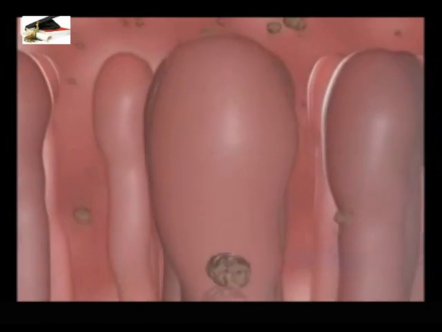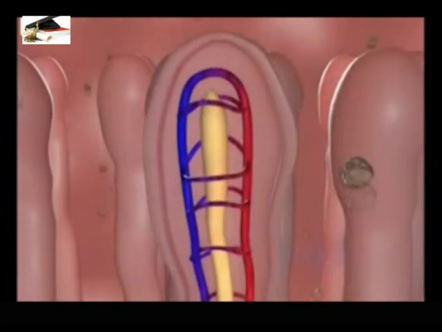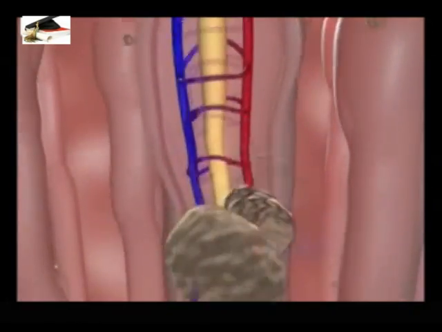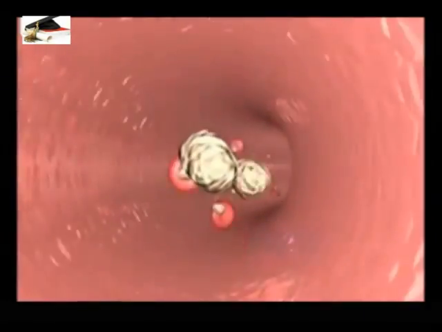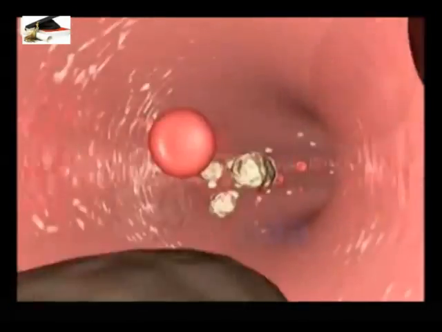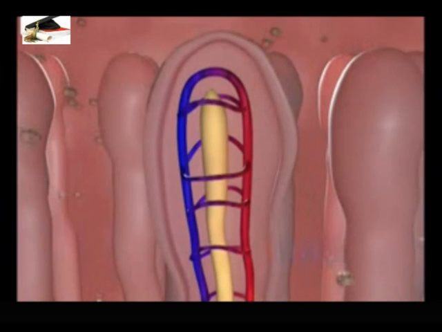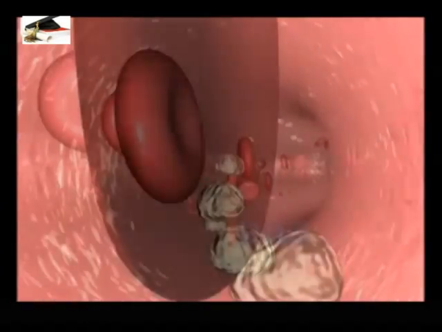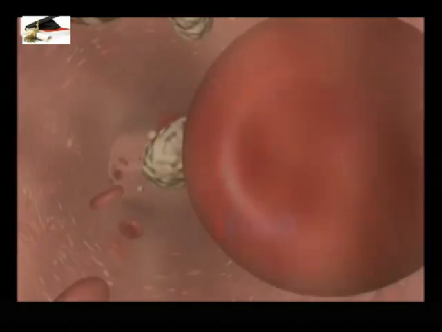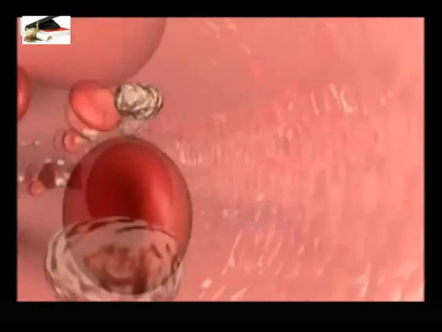Now, the molecules of amino acids and glucose pass through the epithelia of the villi and the capillary walls into the blood system by active transport. The capillaries drain into the hepatic portal vein, where amino acids and glucose are carried to the liver before being allowed to join the general body circulation. Fatty acids and glycerol are absorbed into lacteals of the villi, which drain into the lymphatic vessels. The lacteal contents join the general lymphatic system, which ultimately finds its way into the blood circulatory system, and the fatty acids and glycerol are then distributed to all parts of the body.